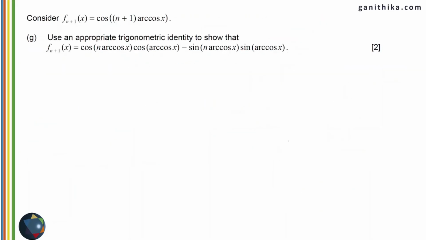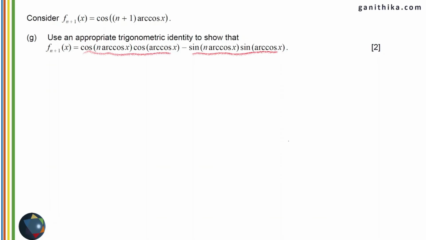So, we are going to go to the next question, which is g. In this case, they are asking you to express fn plus 1 of x as some expression in trigonometry. For that, you are asked to consider fn plus 1 of x as cos of n plus 1 arc cos x, which is the definition of fn of x, correct? In the place of n, you are writing n plus 1. But looking at what we want in question g, we have cos something times cos something minus sin something times sin